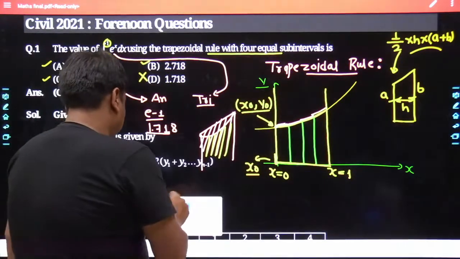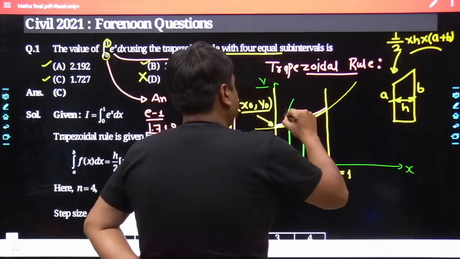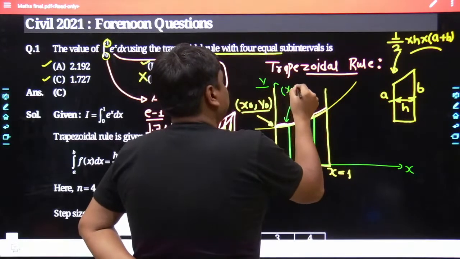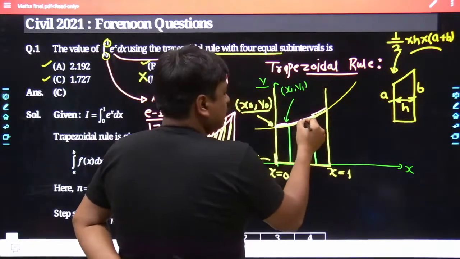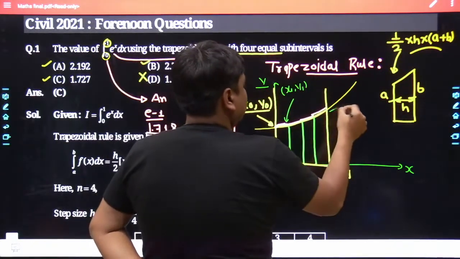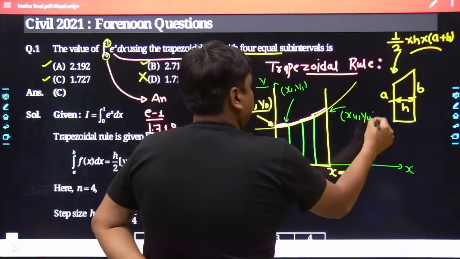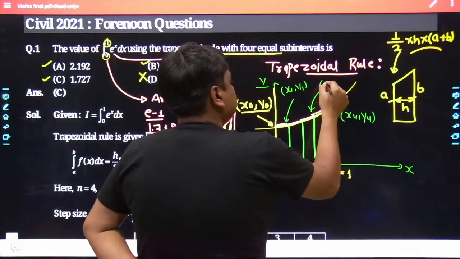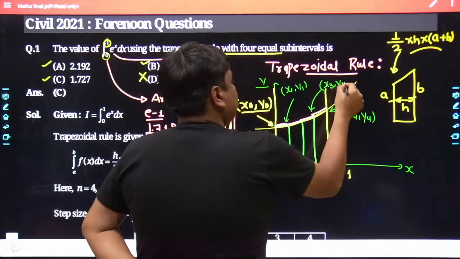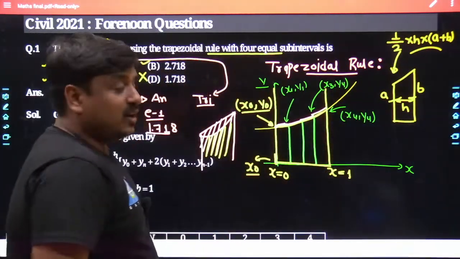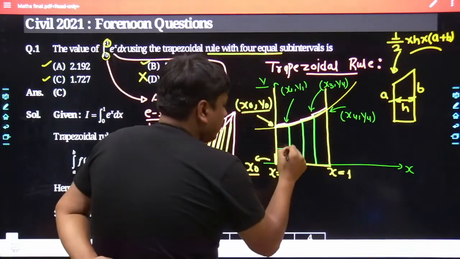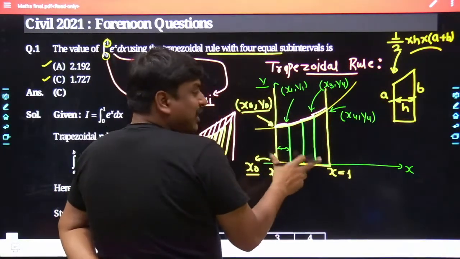Similarly, here goes x1 y1, here goes x2 y2, here goes x3 y3, so on and so forth, here goes x4 y4. And as their intervals have been uniform, that means the complete span of 1 has to be subdivided